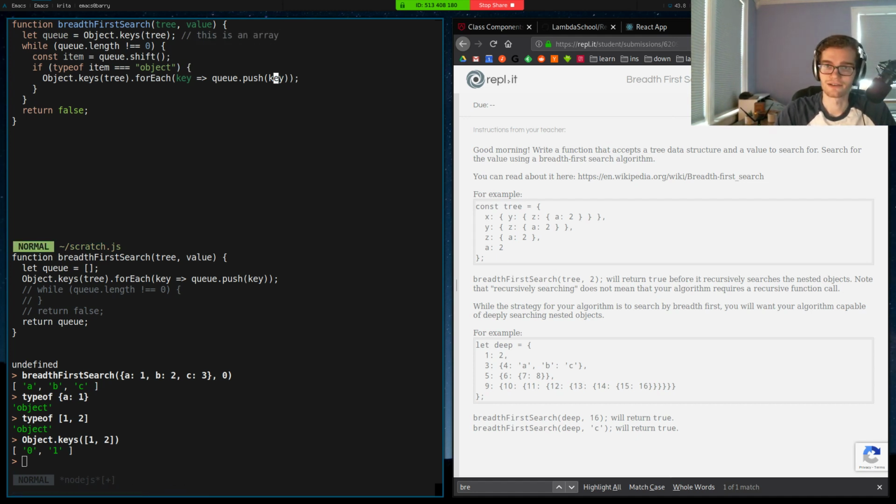And added a nice little comment there. So now, if my item is an object, I'm going to add each one of its keys in my queue to be processed. And we run into, oh shoot, yeah, this is where my solution differed from the solution they provided, because the key-based thing doesn't actually work here, which is the way that I would want to do it. You have to use